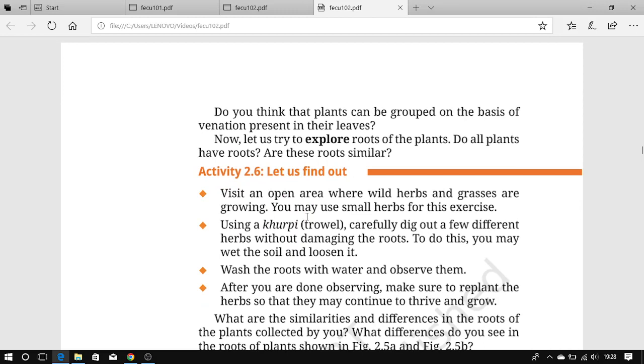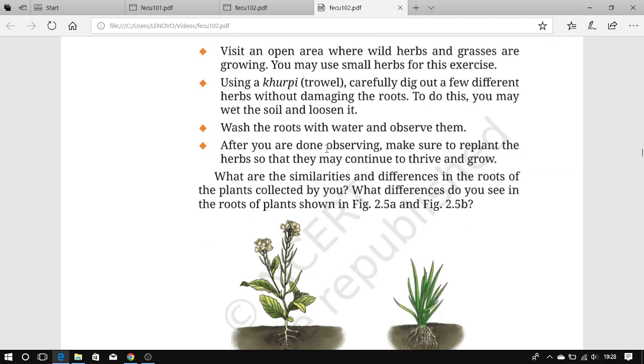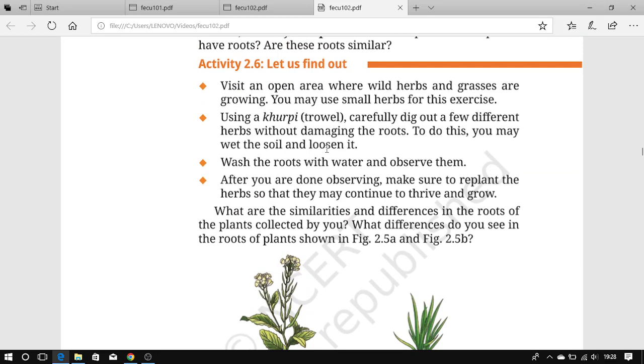So let's start the next part of the journey. The chapter is not yet complete. Do you think that plants can be grouped on the basis of the variation present in their leaves? Now let's try to explore the roots of the plants. Do all plants have roots? Are their roots similar? So we will find the differences between plants, and now we will discuss activity number